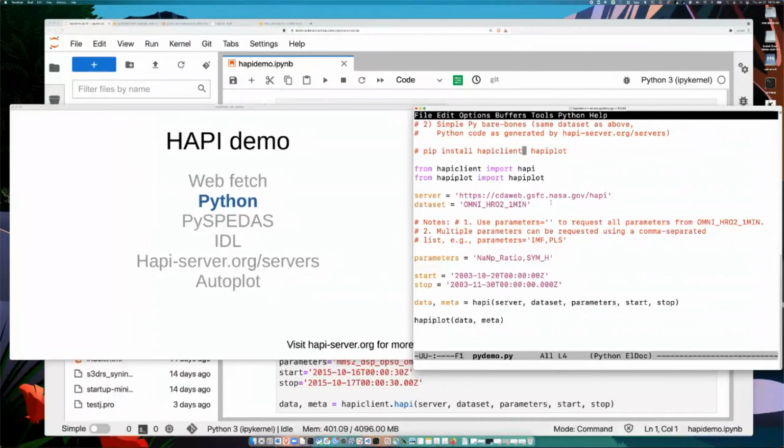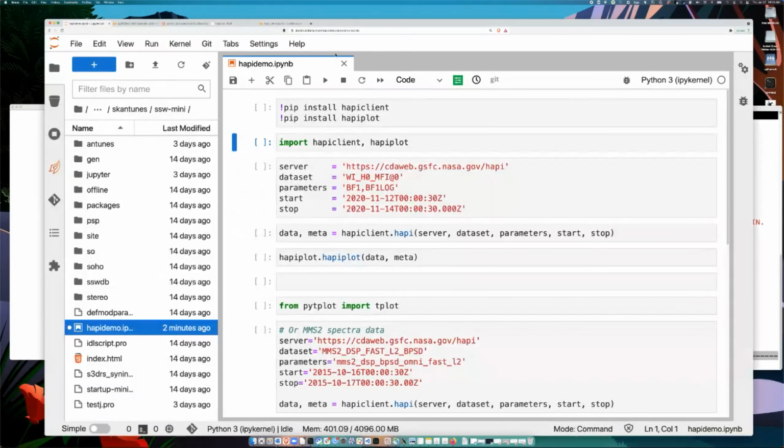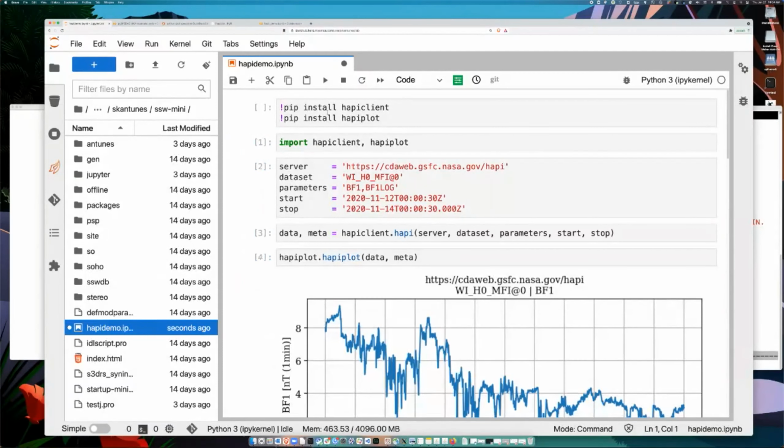Working with this in Python, you install the HAPI client and optionally the HAPI plot packages, or use a plotting package of your choice. And again, you're going to set the server, data set, and parameters for what you wish to analyze. So looking at it in a Jupyter notebook, we import the packages, we set our server, see the web, again a data set, the specific parameters that we're fetching, in this case BF1 and BF1 log. We do our fetch, and then we call HAPI plot and just throw the data at it in order to plot. Once the data is there,